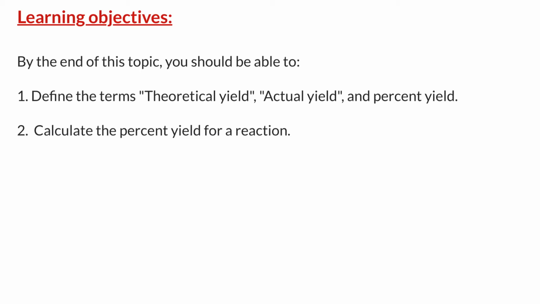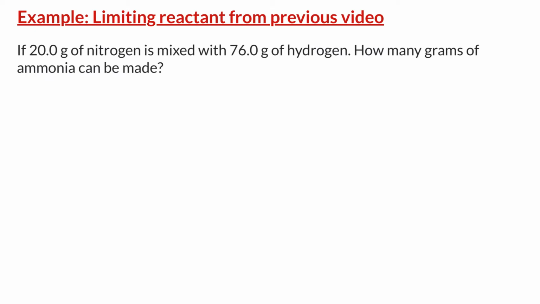Hello everyone. In this video, we will learn to define the terms theoretical yield, actual yield, and percent yield, and to calculate the percent yield for a chemical reaction. In the previous video, we solved a limiting reactant problem, which is: if 20 grams of nitrogen is mixed